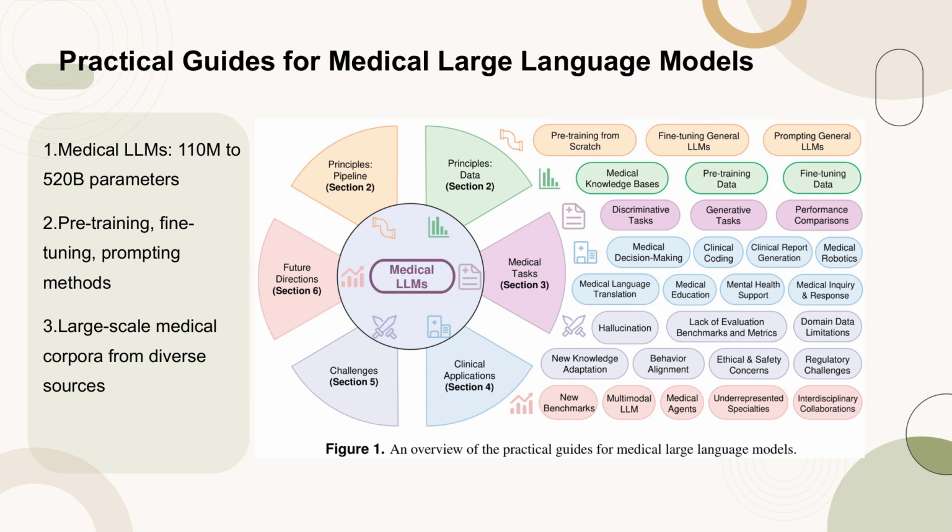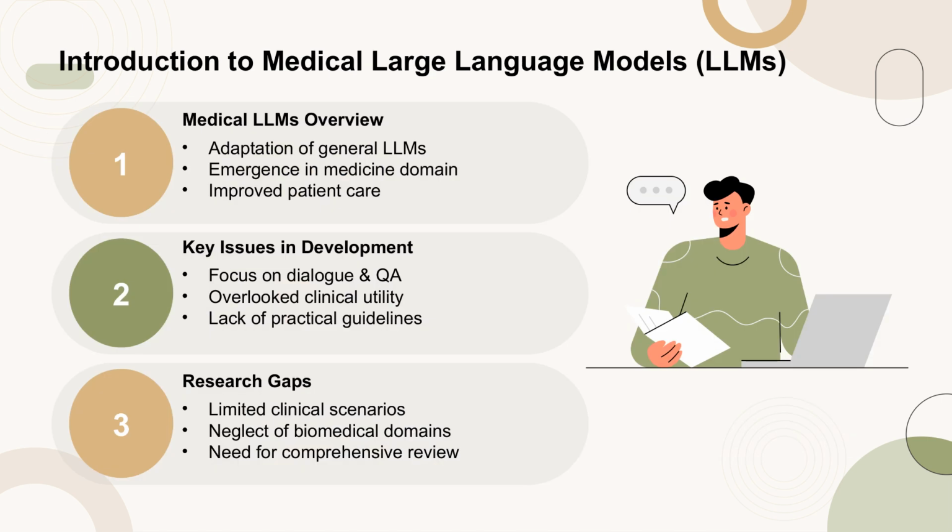these models in healthcare. Medical large language models, LLMs, represent an adaptation of general LLMs to the medicine domain, aiming to improve patient care. Despite promising results, key issues in their development and application need addressing. Many models primarily focus on medical dialogue and question-answering tasks, often overlooking their practical utility in clinical practice. There is a lack of practical guidelines for developing these models and a need for comprehensive evaluation frameworks. These research gaps motivate a review that covers the development of LLMs, their applications in medicine, and the challenges they